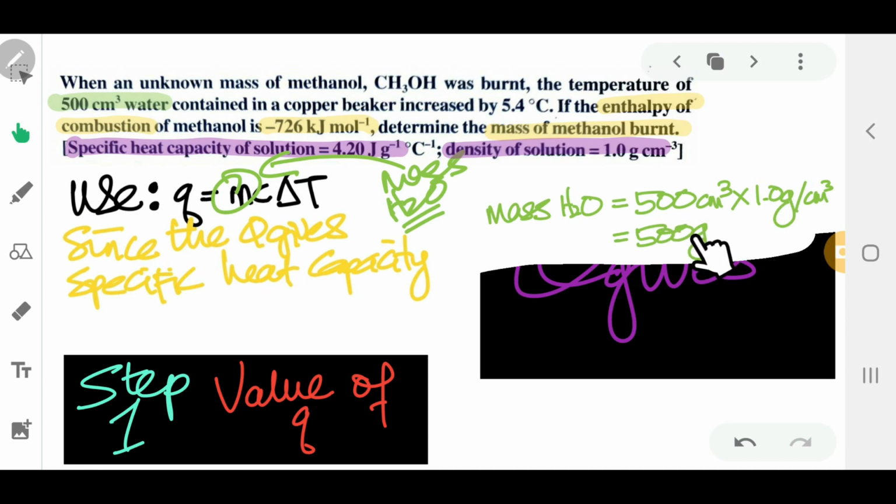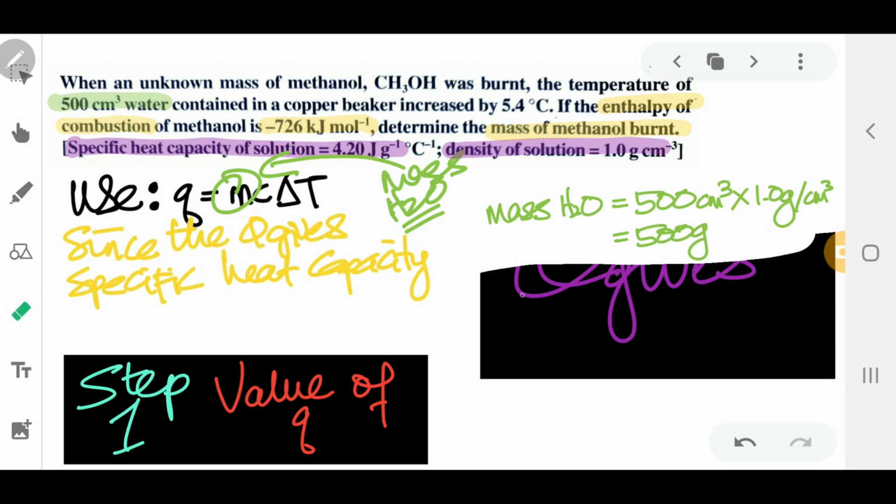So you get the mass of water, 500 grams,